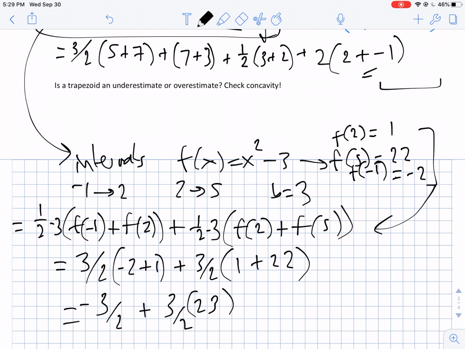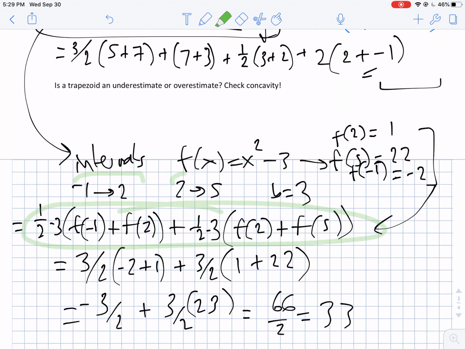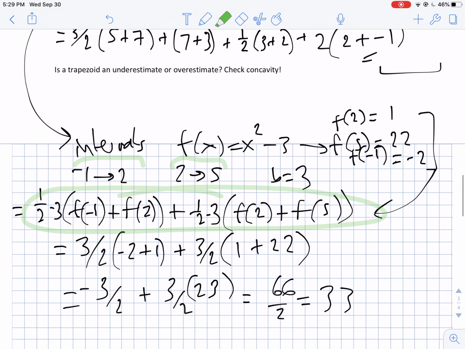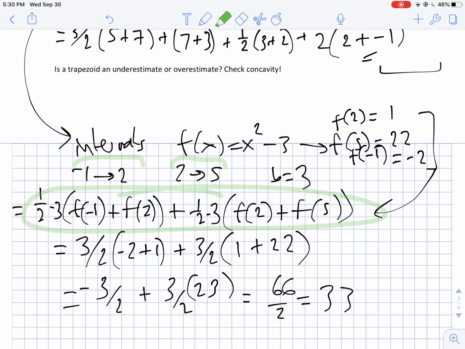Okay, that's negative 3 plus 69 is 66 over 2, which is 33. Okay, but the important part again is the setup, right? Actually computing this is like a 7th grade thing or whatever. Getting to this step and getting the right values, setting up the intervals correctly, that's the focus on all these problems. Okay, the only thing else I wanted to talk to you about is whether a trapezoid is an over or under